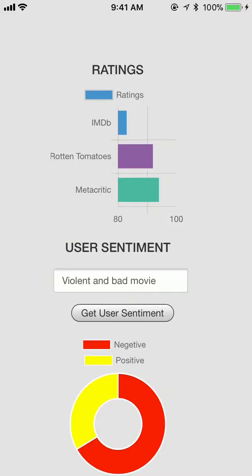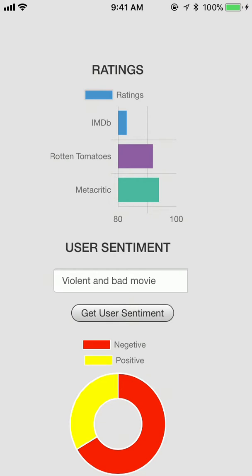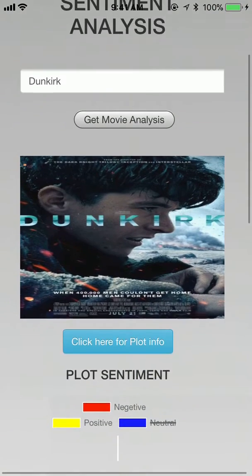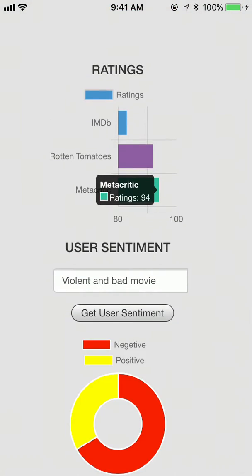This should give a negative or not so good review. The sentiment should be negative at least. So let's just wait and then check from the backend. Meanwhile, I'm checking in the backend whether the server is giving a 200 OK output. Yeah, it shows that the sentiment is negative. So it seems to be working fine. What we did was we